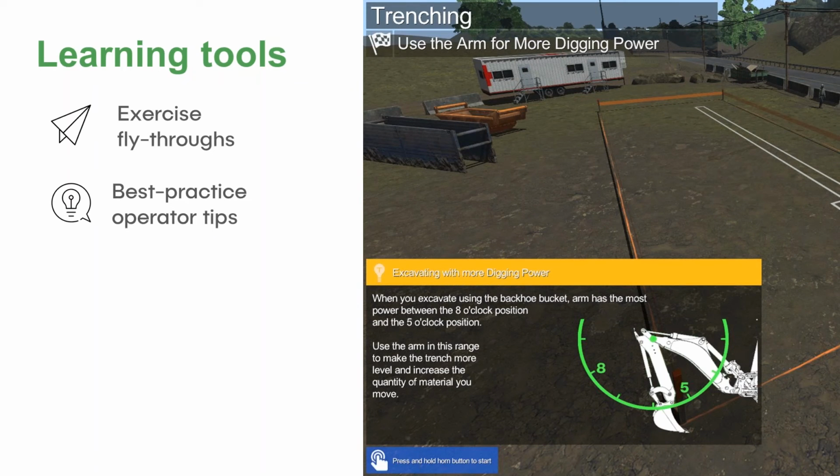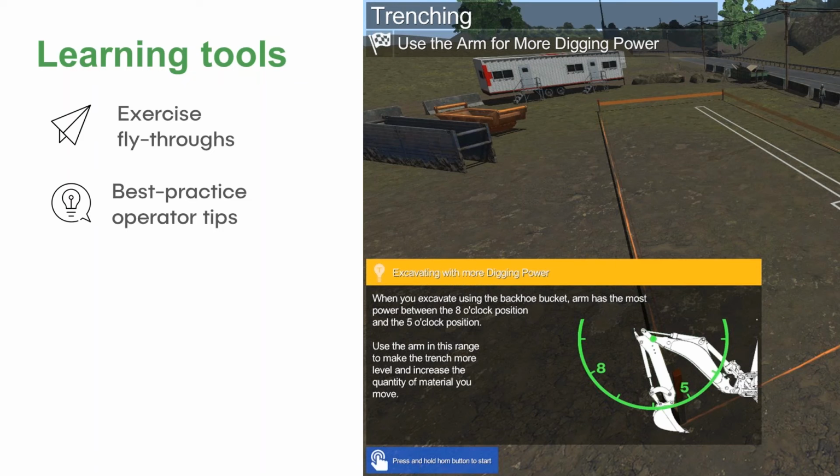So what we do in every one of our simulators, we like to make them as self-learning as possible. Every time you start an exercise, you're going to do a fly around, and you'll have little tips here that we get from our clients. As an instructor, and I used to be an instructor for flight simulation, you say the same thing in the first 5 days. They almost go into autopilot. Well, we put those tips into the actual simulator so that they don't have to, or so that they're reinforced.